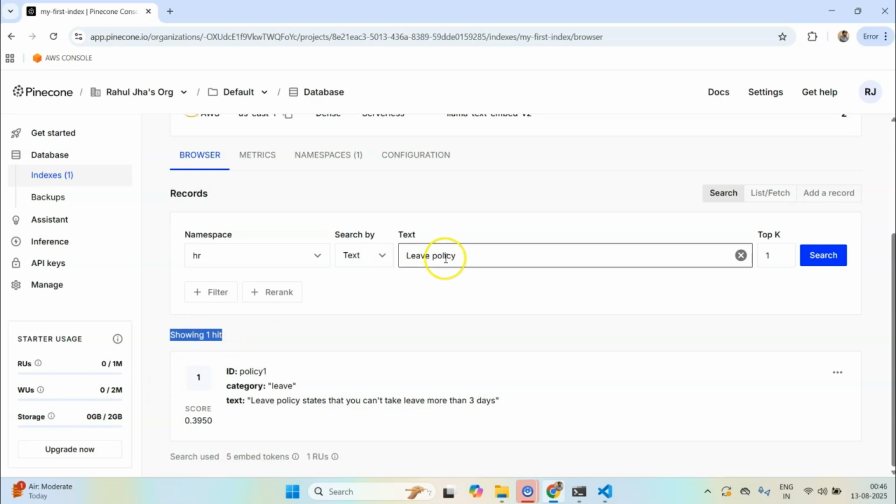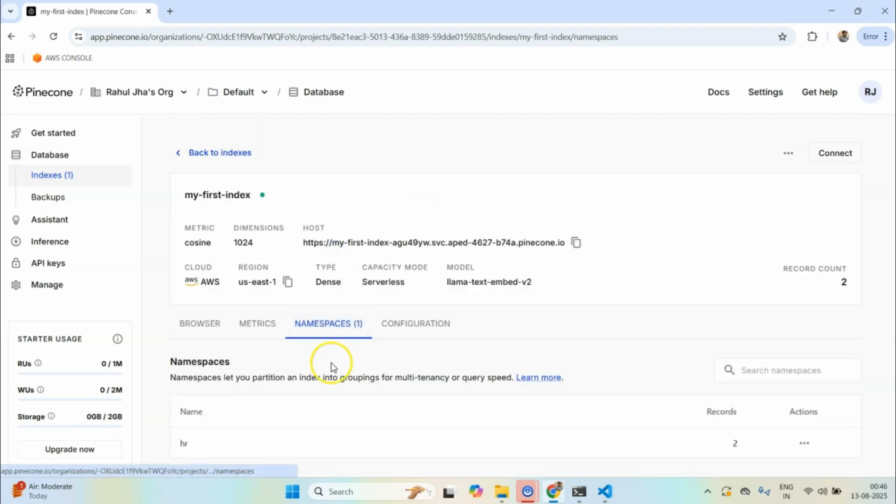If I had thousands of documents, I would have used top K as maybe 10 or 20. And then I can also look at the namespace. I have a namespace called HR, and this namespace has 2 records. You can see that I could have different namespaces for different departments within my organization.